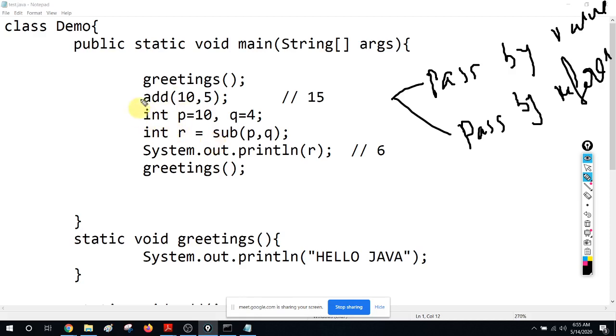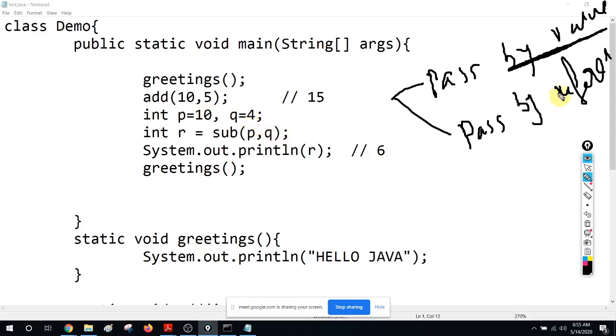If you are sending a primitive data type, a primitive variable, that means basically you are passing by value. That means you are only sending the value, not the variable itself. Pass by reference occurs if you are sending an object as a parameter, that we will discuss once we do object oriented programming.